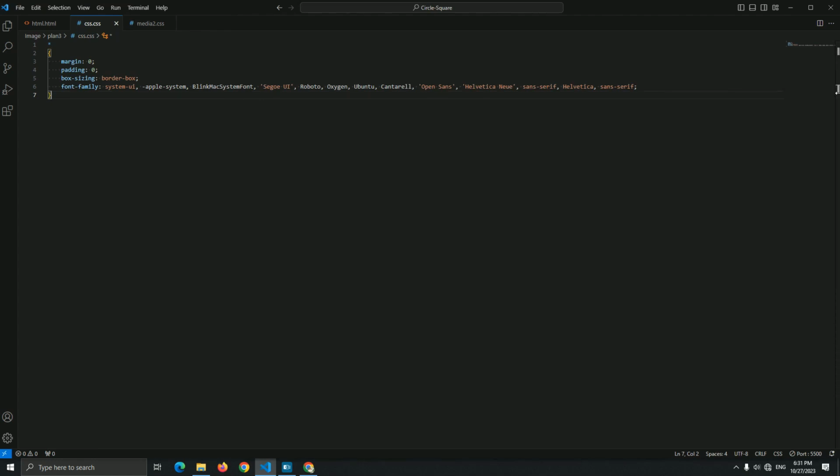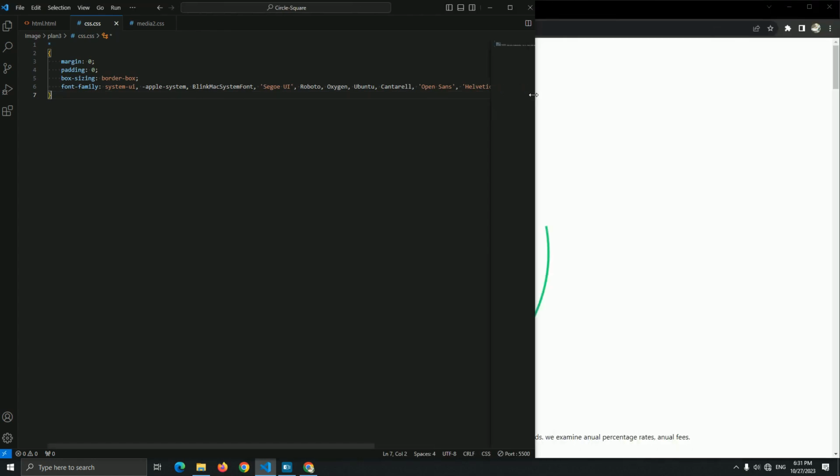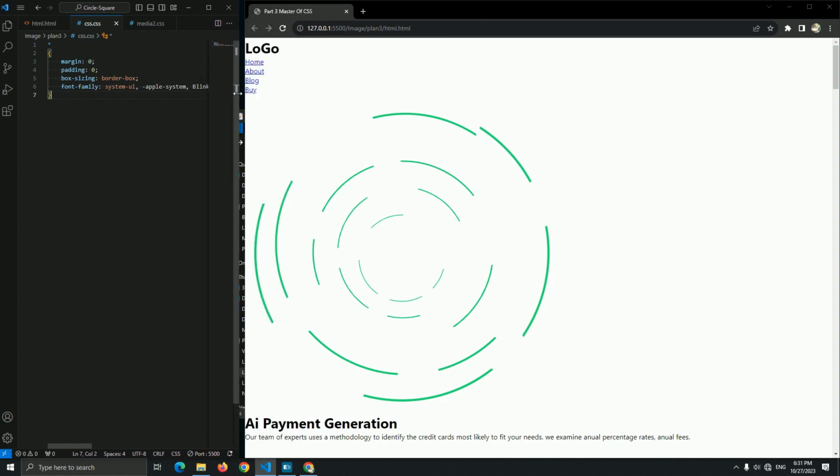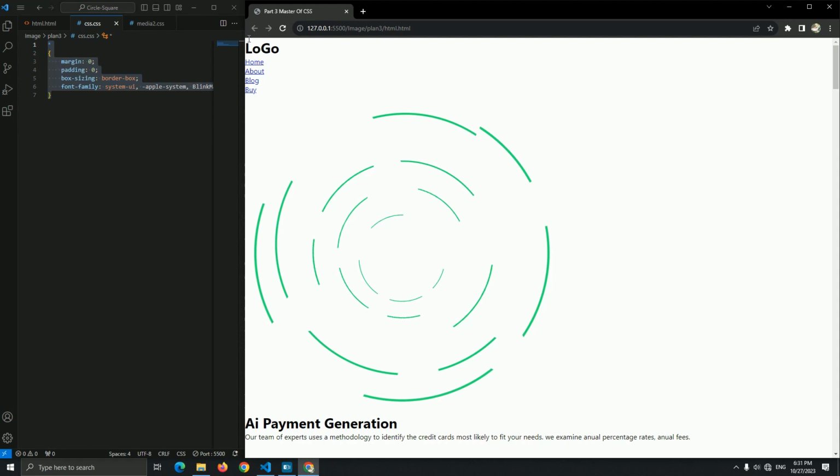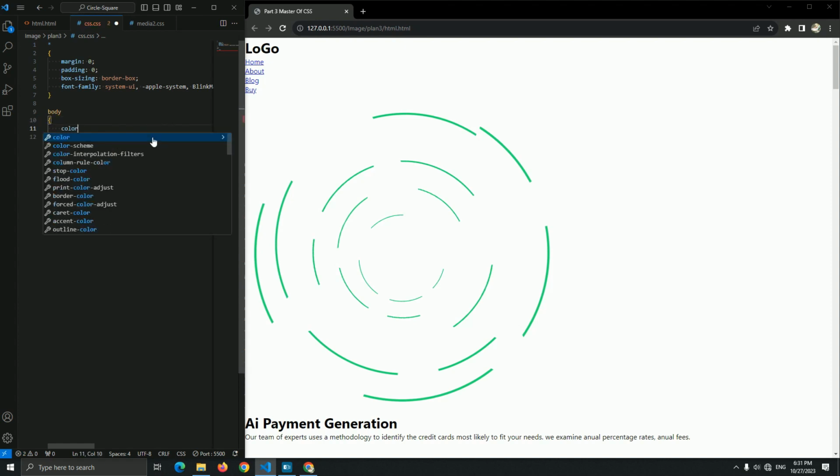Okay, now I opened the live server, and let me just resize it. Now in the CSS, guys, I first add a star for this website to add a margin 0 and padding 0 to remove the margin and padding for the HTML. Now we add the font family of system UI. I start with the body, guys. So in the body, to add the color and the background, I add the color ghost white, and for the background, let me add this color.